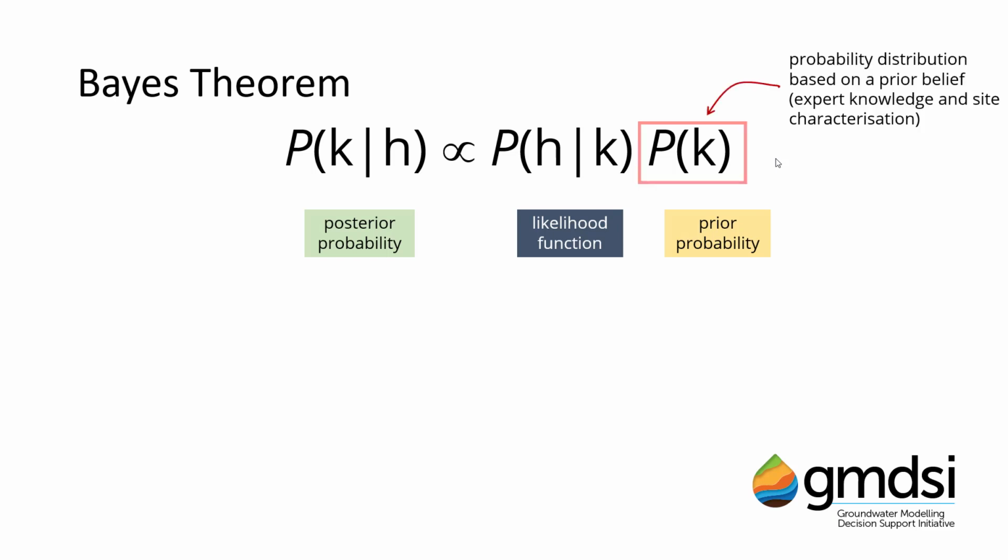A prior probability represents that which we know or believe about a system before we confront this belief with data. In a groundwater modeling context, this usually represents expert knowledge and site characterization, things such as what are reasonable ranges of values for hydraulic properties and or relationships between parameters at a given site. As you can imagine, in a groundwater modeling context, the prior probability distribution can often be quite large. We know very little about what happens under the ground.